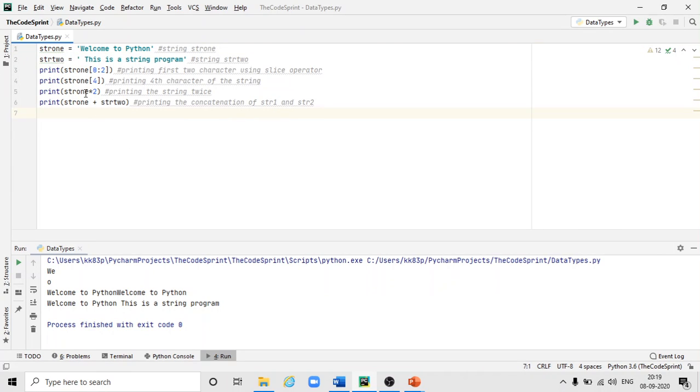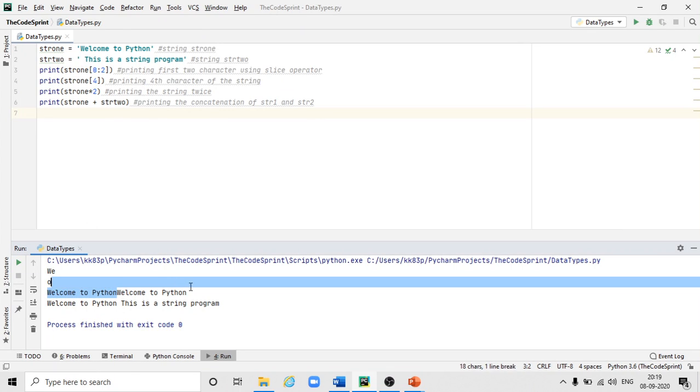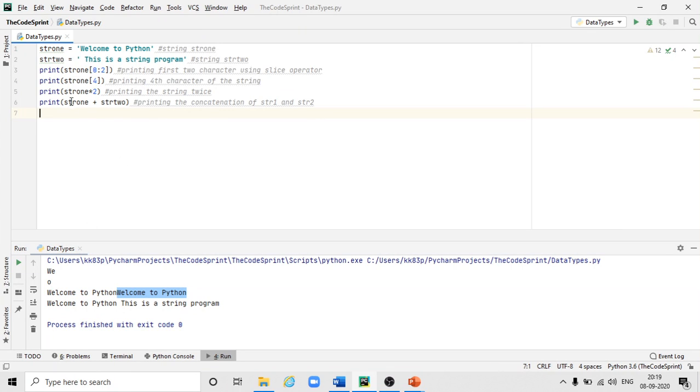So next is str1 times 2. It means that it will just repeat it twice: "Welcome to Python" and "Welcome to Python". Then next is str1 concatenated with str2. The first one will print "Welcome to Python", then "This is a string program" gets concatenated. So here it is: "Welcome to Python This is a string program". So the next is